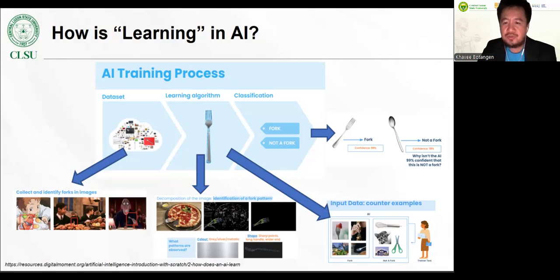Next, we move on to the training process, or what we call training the algorithm, or the learning process. Here, the AI algorithm analyzes each image, breaking it into pixel level details to identify patterns and features. The algorithm detects edges and shapes to recognize the fork pattern across the variations in the dataset. It uses a learning algorithm to distinguish between forks and non-forks by identifying micro differences such as shape, color, texture,